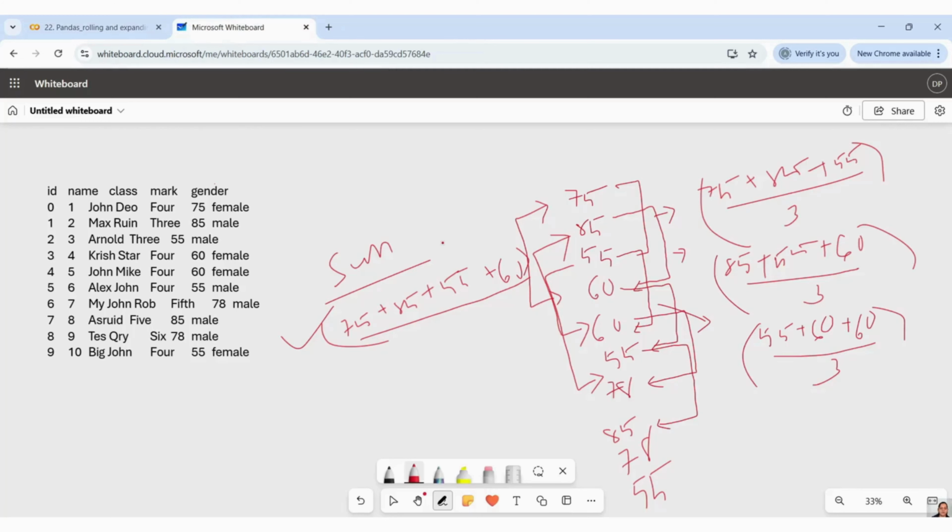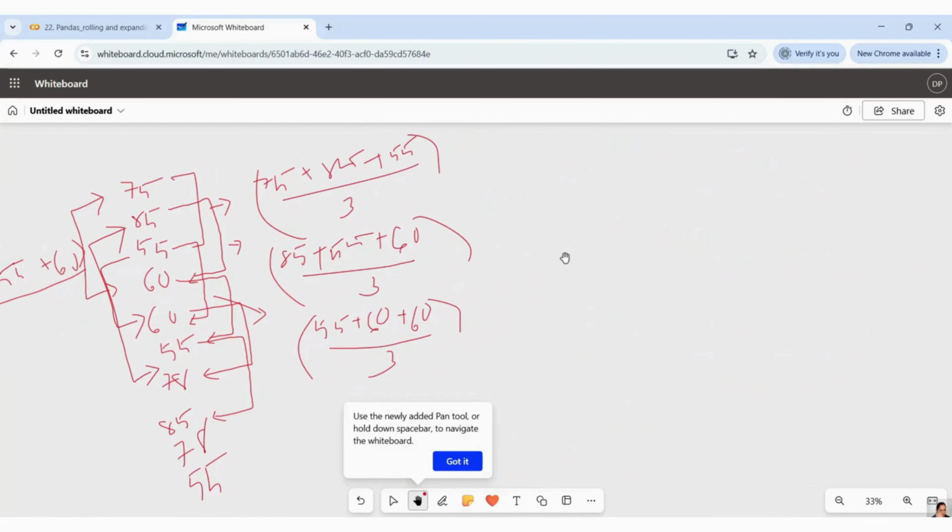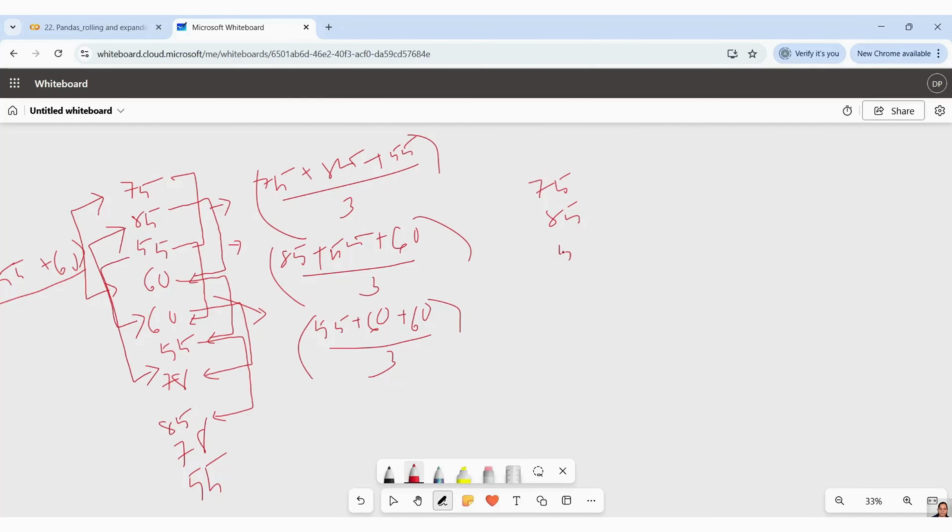Again, if I go to the whiteboard, and look for max right here, what is happening? First, I'll take 75, 85, and 55. Bundled it, right? This is a window. What is the max value here? 85.